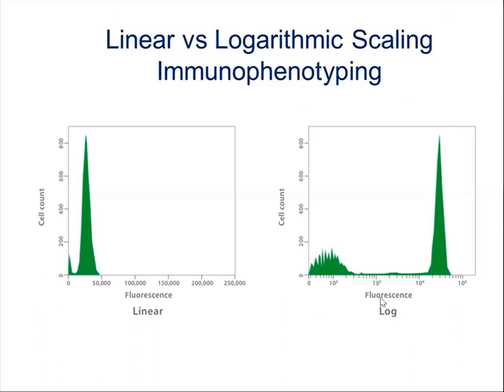Okay, there is only one exception to this rule. Anyone want to give a wild guess? When we are analyzing one particular parameter with a fluorescent marker, we may not use log scale, we use linear scale. So I told you, for any fluorescent parameter, we'll use log scale, right? But Sir, yeah, is it enumeration assays? Enumeration assays,